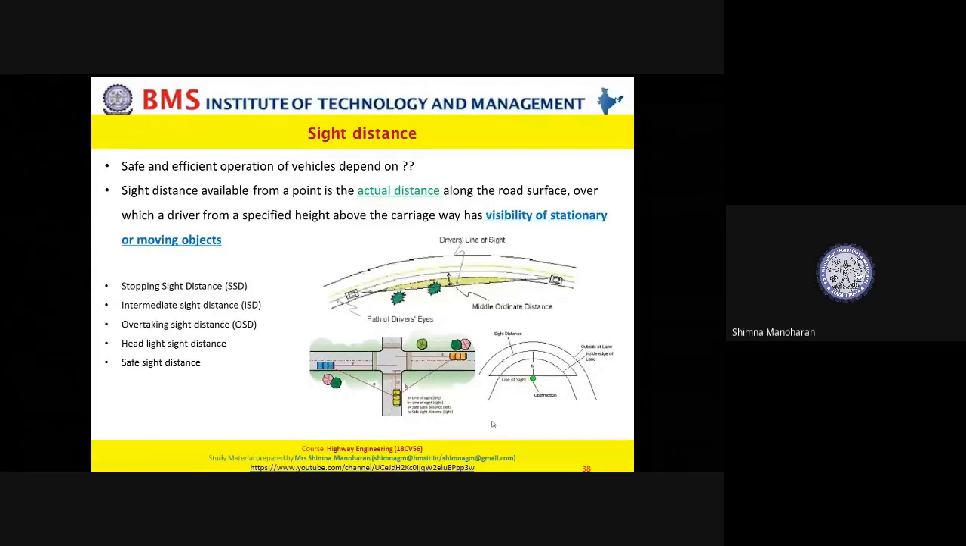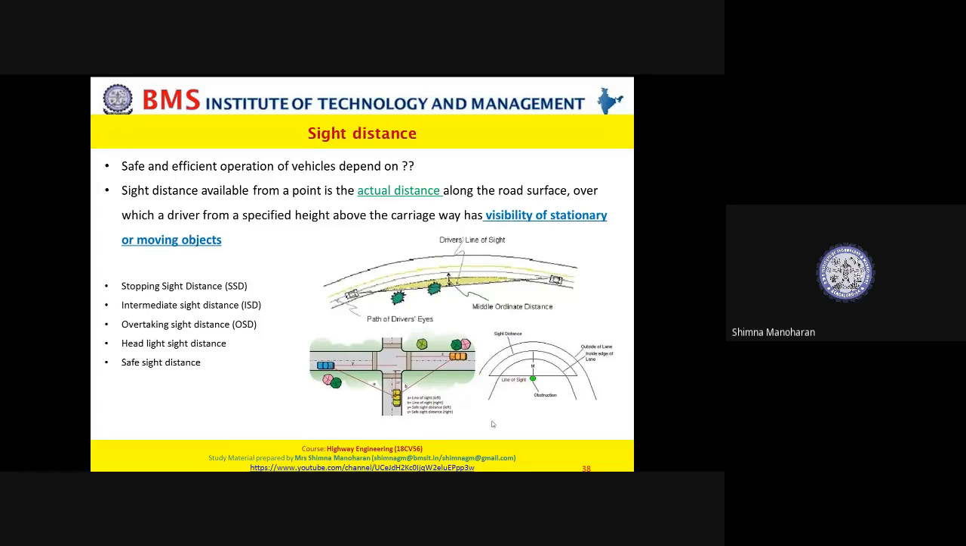So in yesterday's lecture, we have seen what are the different components of any roadway, the features, the different cross-section elements present in the roadway, and the technical terms that are used for these. In this lecture, we will be understanding the most important concept in highway geometric design,